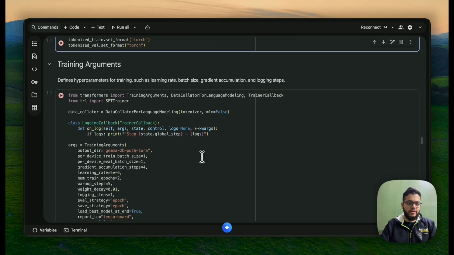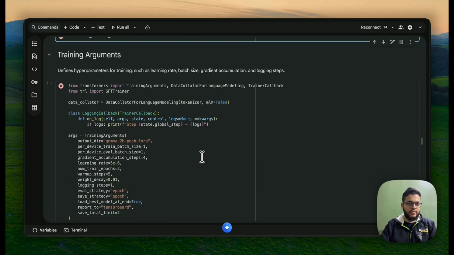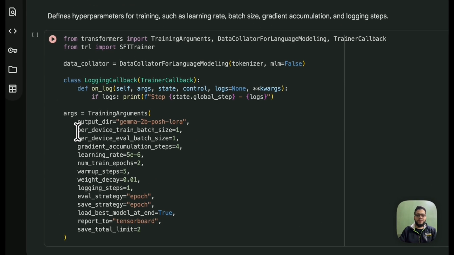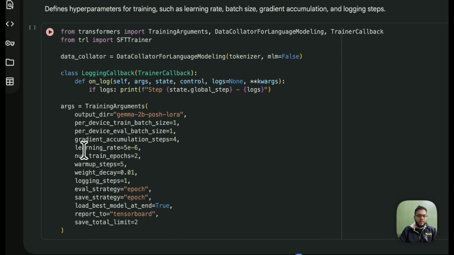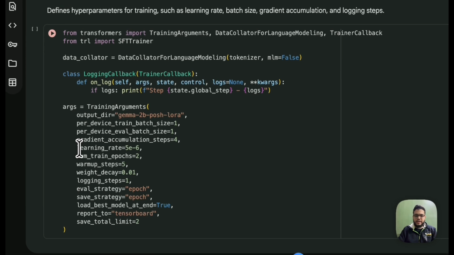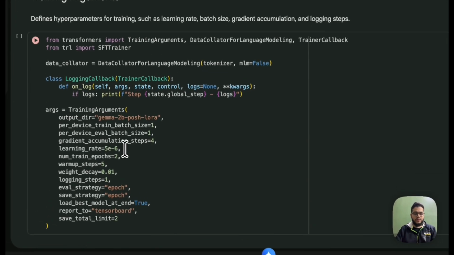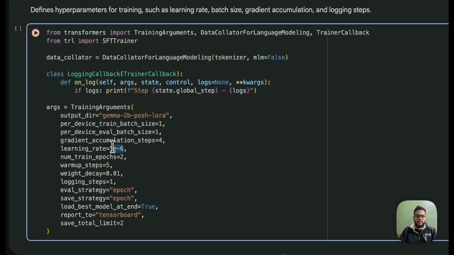All right, and then what we are doing is we have some training arguments here. We can deep dive into all these training arguments, but I want to keep this video short, and I think this video has got much longer. Although I will explain a bit. Learning rate is just how fast you want to train the model. The faster you train the model, the less it will learn. So we have to keep in mind overfitting and underfitting, and we are basically using the very basic average